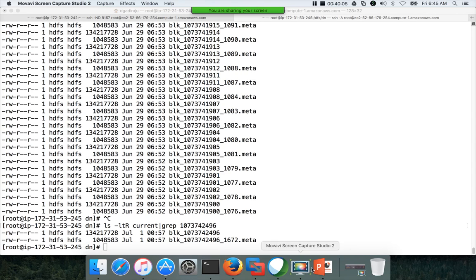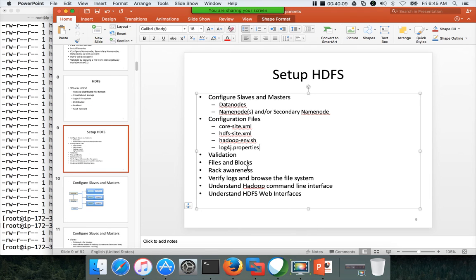Anyway, it is off topic. We can discuss it further later. So that is what files and blocks are. A file is divided into blocks, and those blocks are stored physically on the HDFS. And now we will talk about fault tolerance and rack awareness, which we will discuss along with the replication factor or replication.